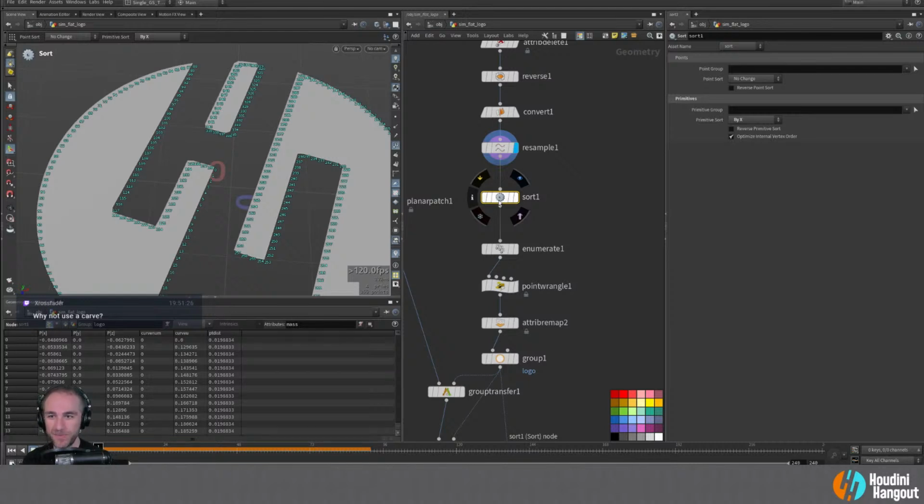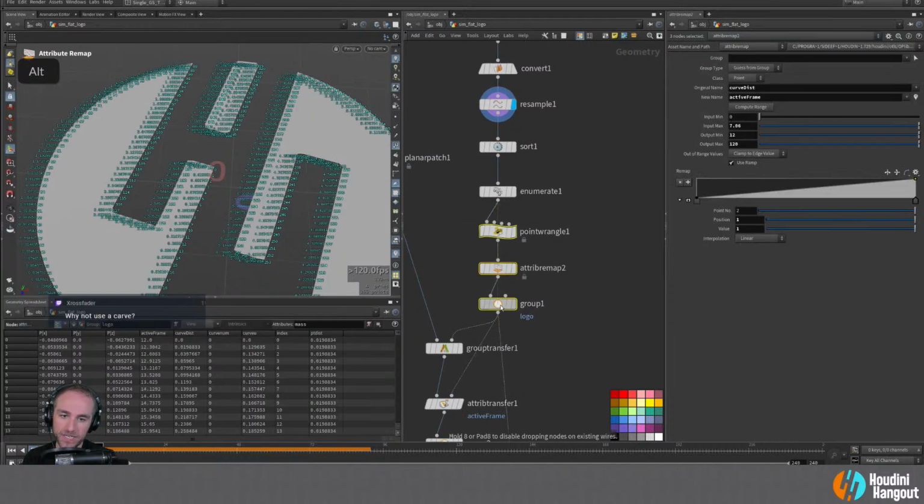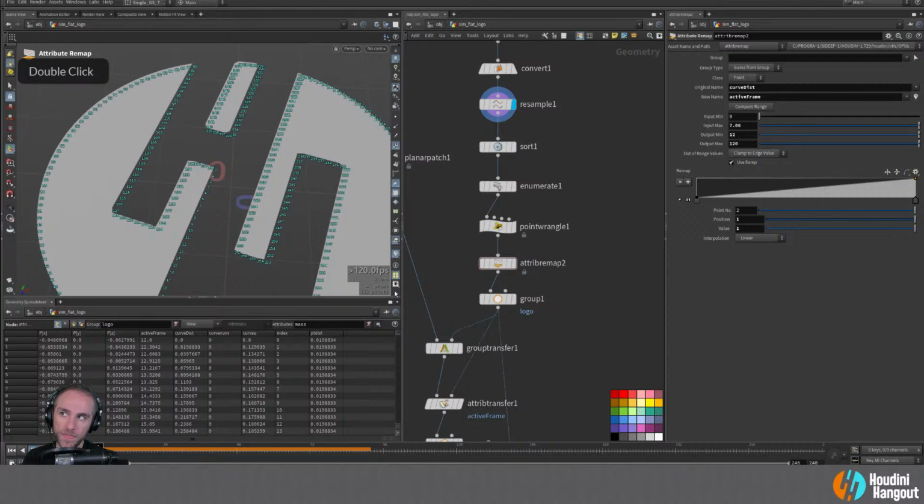You certainly could use a carve. Maybe a little too far into it right now. But yeah, you could probably use a carve. The only difference is that you'd have to change the logic a little bit within the